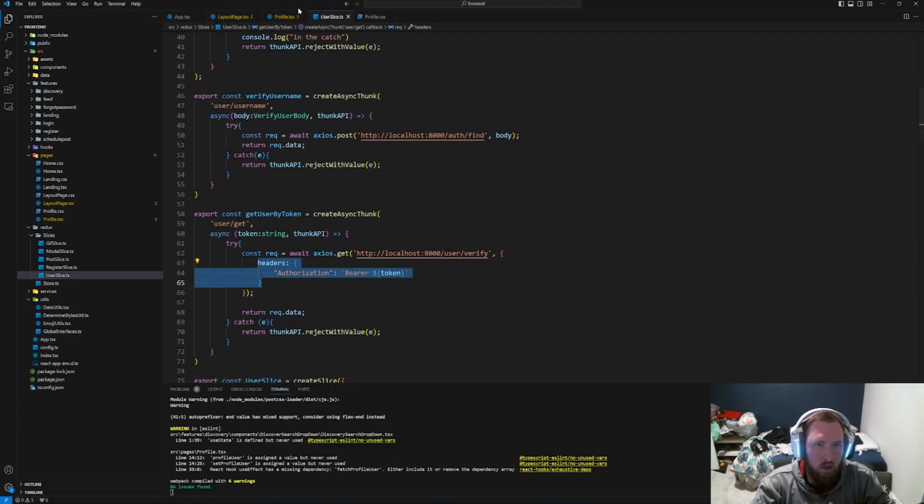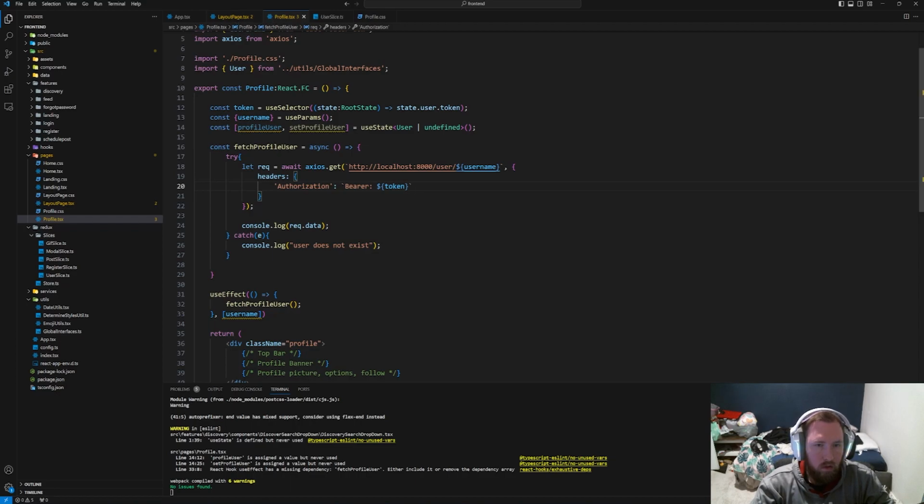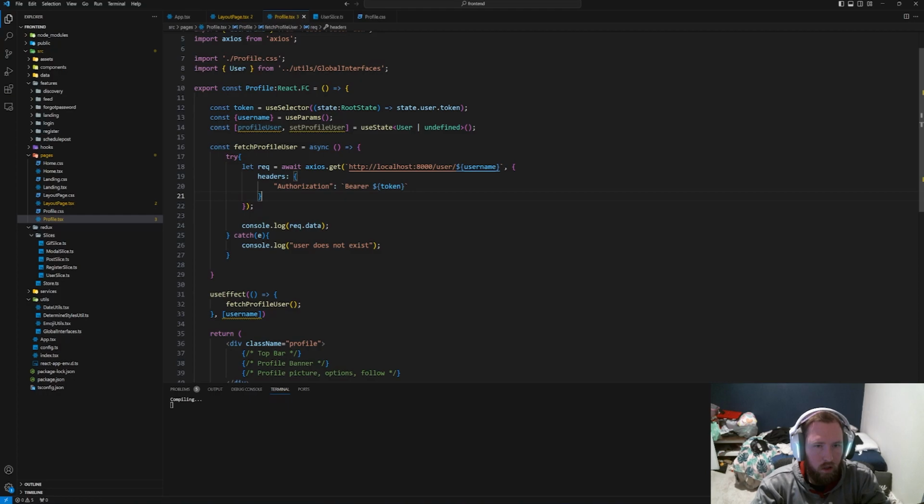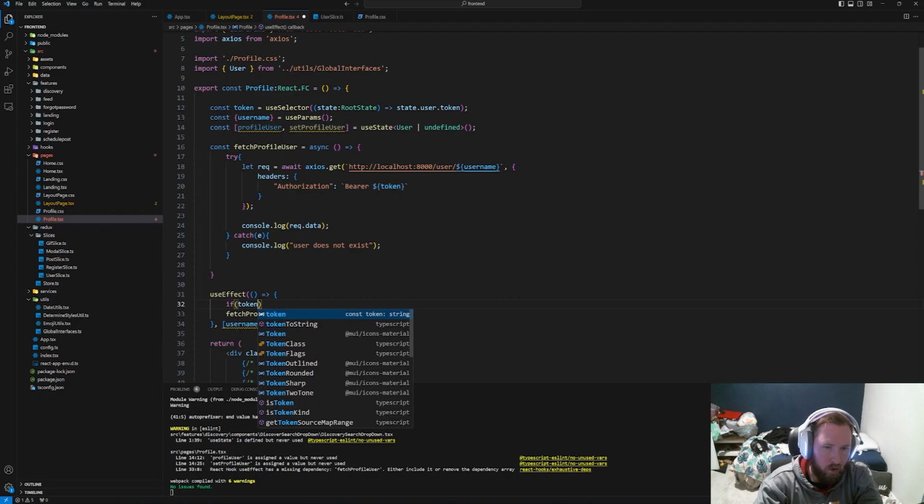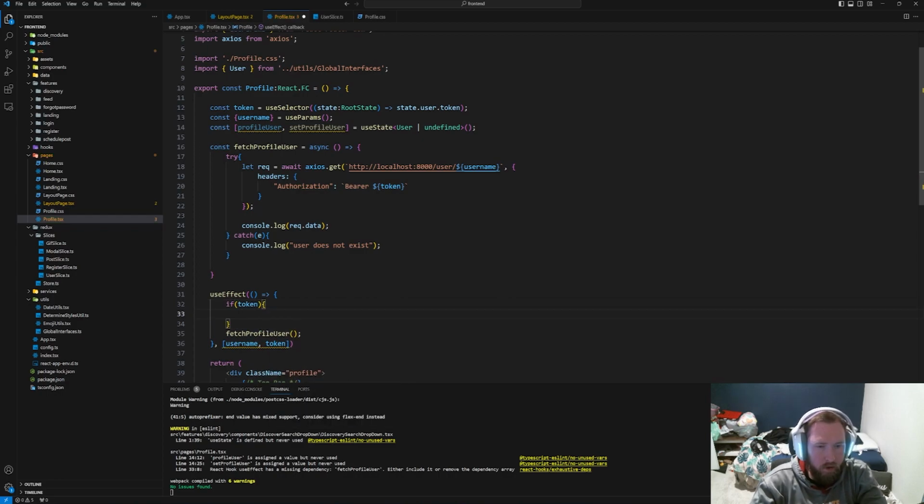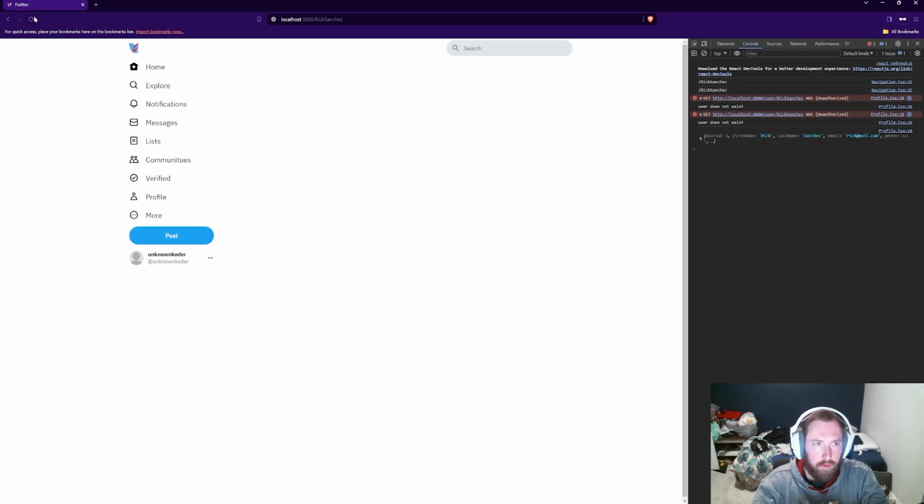So maybe it's not grabbing the token or something else. I'm not sure. Fetch user headers authorization bearer, and maybe I spelled authorization wrong. Who knows? Let's try again. Let's watch for the token to change, and we'll say if we have a token. I wonder if the token's not loaded yet and is trying to call this before it actually grabs the token from local storage. So if we refresh,